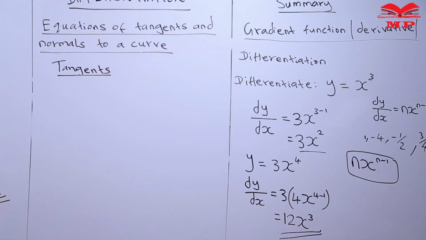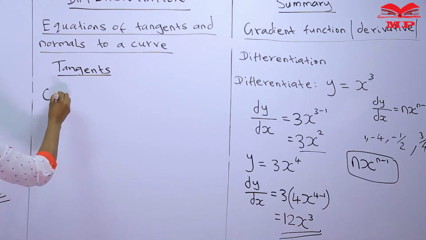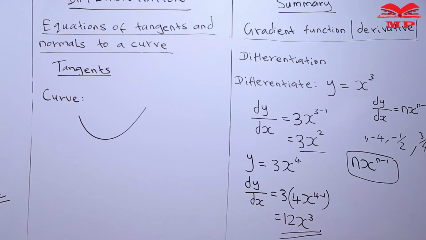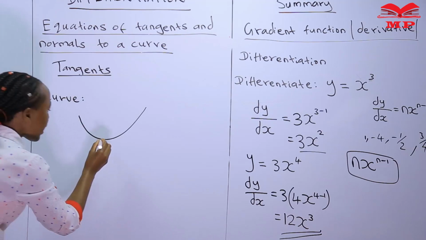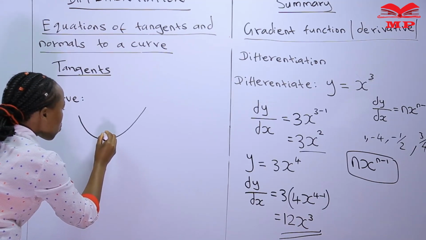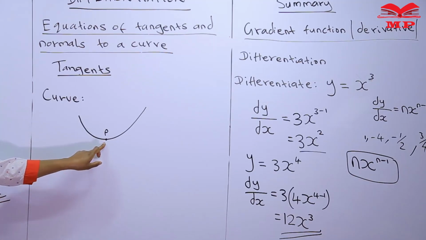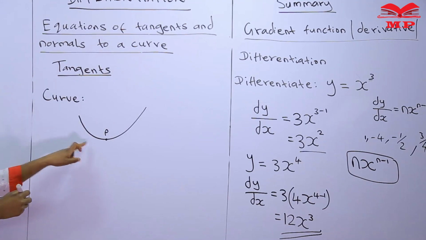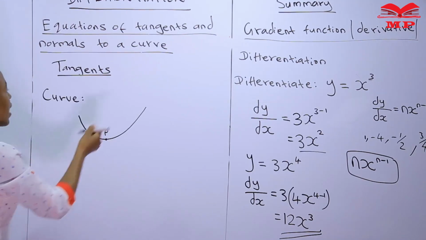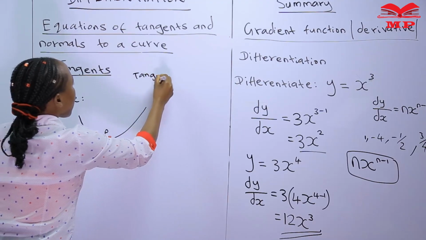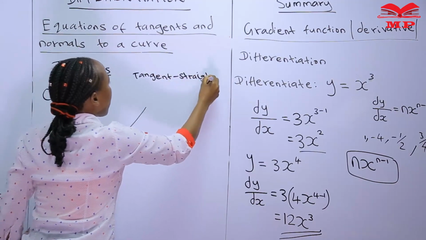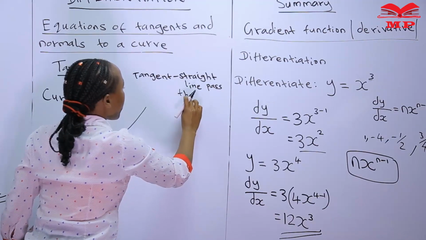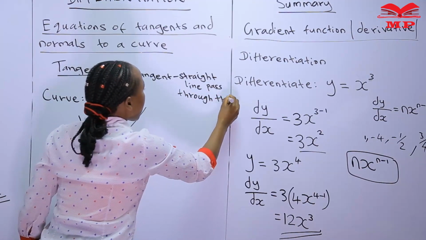Now, when we have a curve, for example, a curve like this one, and we want to find the gradient at a certain point, let's say at a point, we can call this one point P. When we want to get the gradient at point P, we need to draw what we refer to as a tangent. A tangent is a line that will pass through that point. It is a straight line. When we talk of a tangent, it is simply a straight line that will pass through the given point,